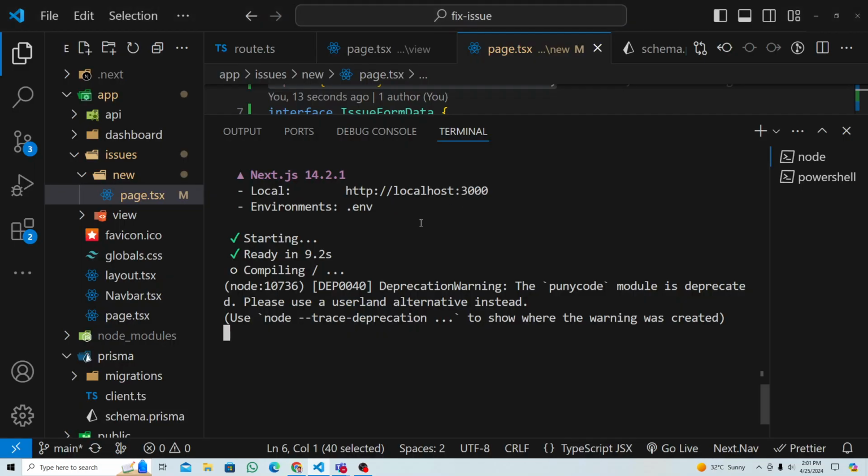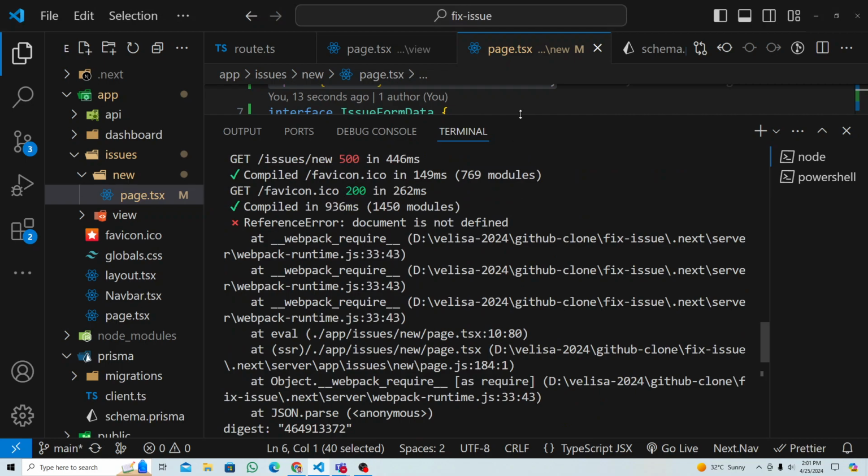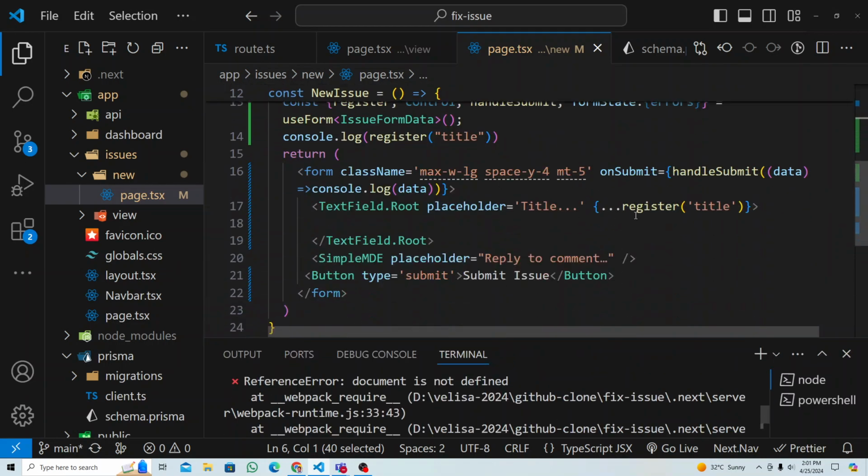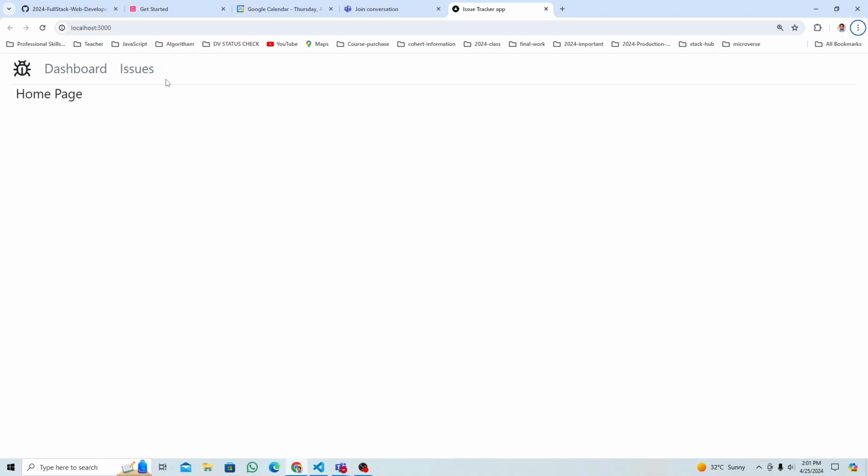Because we just have a title right now, right? I put register in title and it should give me the title. Okay, now if I go back here, if I submit this form and put something in the title, I should get the data. Okay, so let's check. So go to the issues and I will create a new issue,